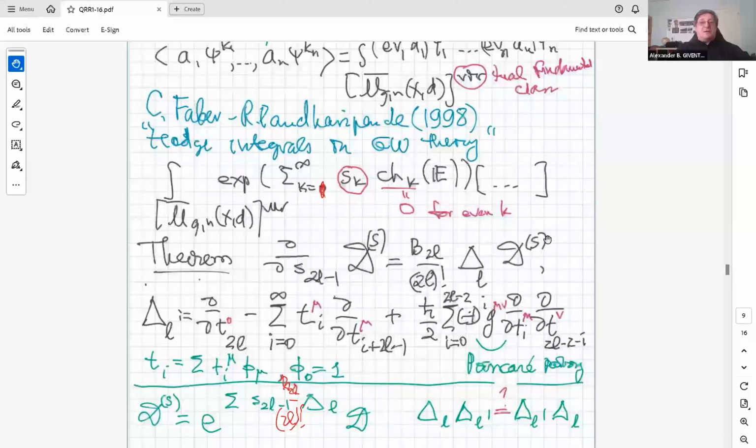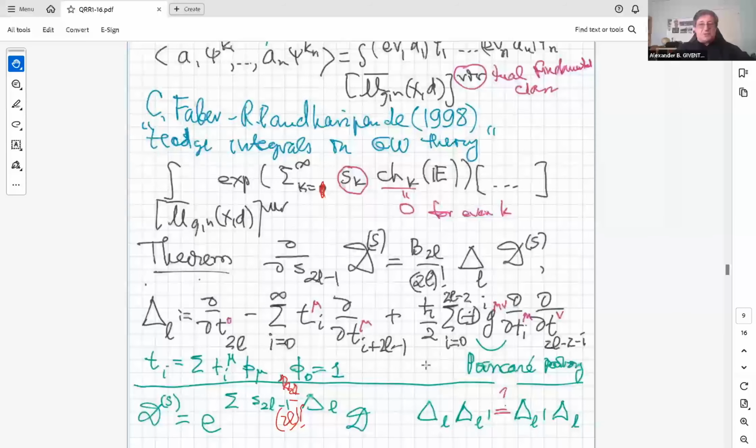If you remember, at the end of the previous meeting, we discussed this theorem by Faber and Pandharipande, which describes what are called the Hodge integrals: how to bring into Gromov-Witten theory, in the intersection theory on the moduli space of stable maps, new classes, Chern components of the Chern character or any other characteristic classes of the Hodge bundle. And it turns out that the dependence on this parameter, this k, is governed by some system of differential equations